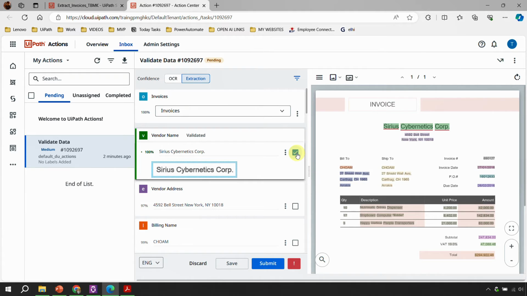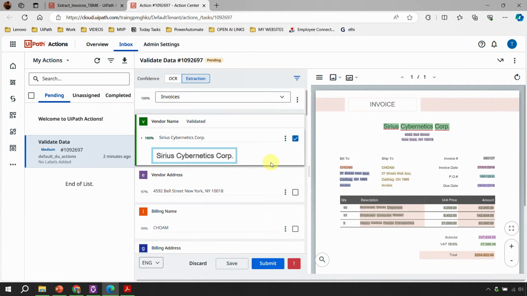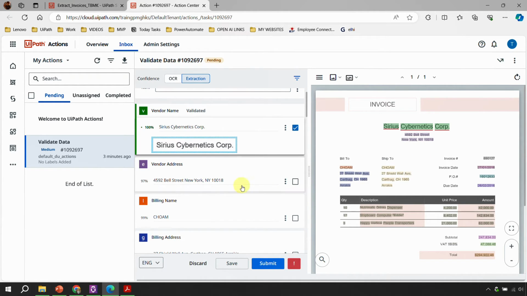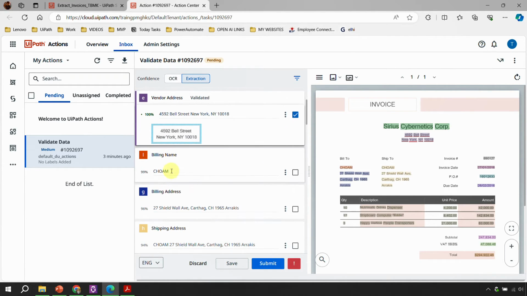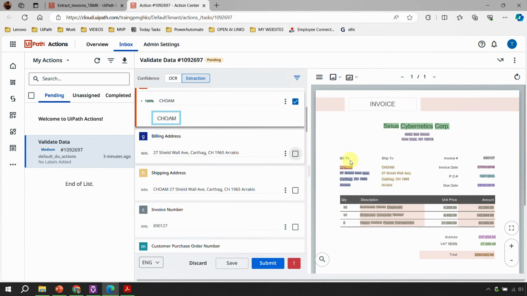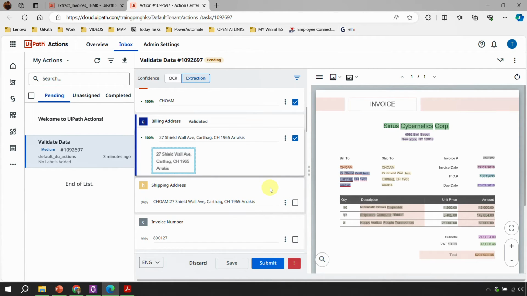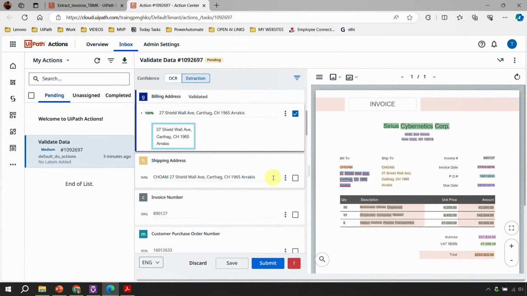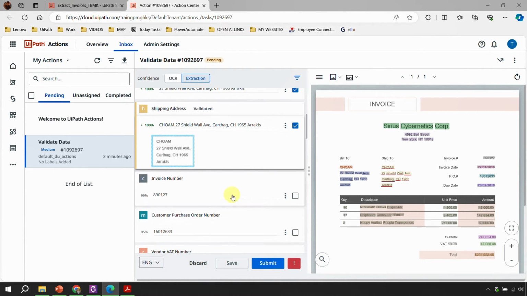And it validated. We asked for a human validation, right? Vendor address. It says that this is the vendor address and I'm 97% confident. Okay, good. Billing name. Whom is the bill to? CHOAM. So that's also correct. Billing address, 96% confident, right? So this is how we are doing the human validation, right? Shipping address, invoice number,